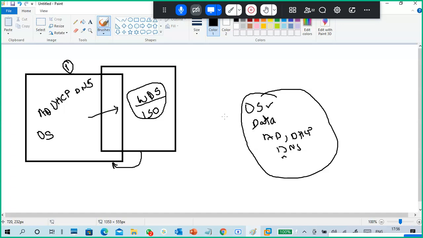All the scrap material, a lot of waste data and temporary data is also there. So where are all these things actually stored? In your hard disk only. The running data is stored in RAM. Other than that, all the remaining data is stored in the hard disk only.